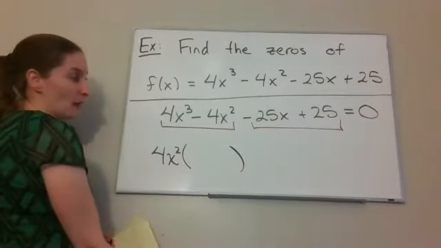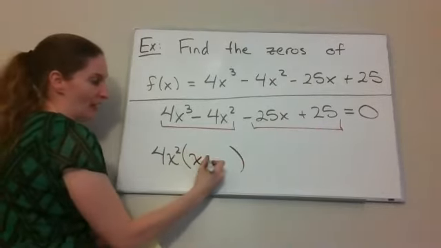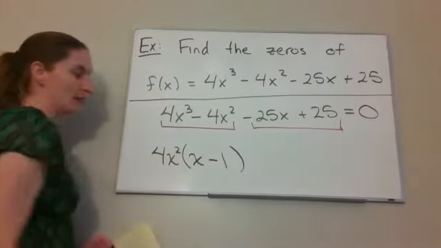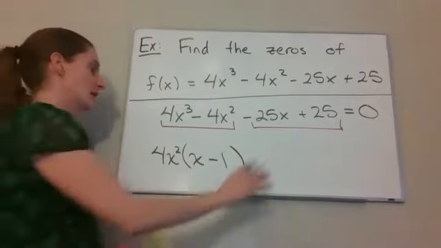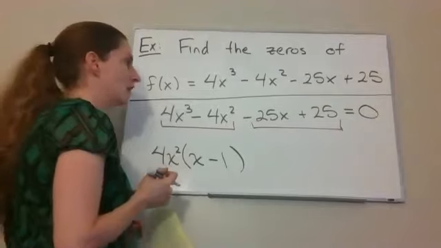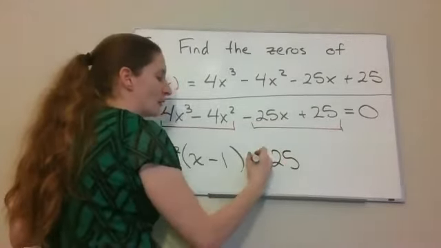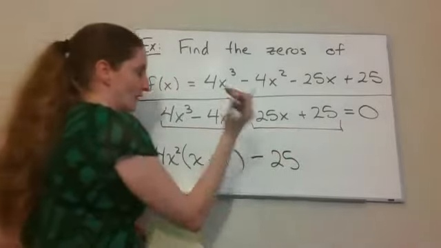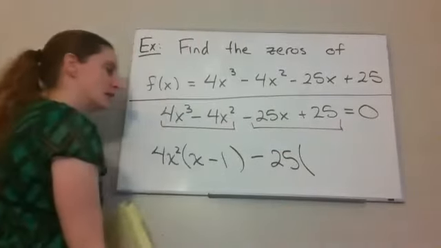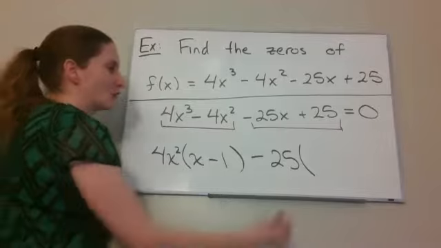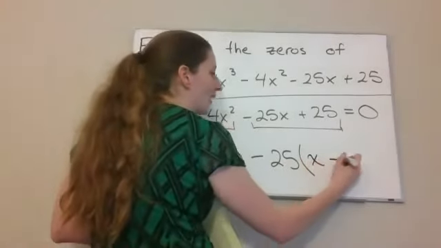So if I factor out 4x squared, I have an x and a minus 1 left behind. Now I look at the next two. What do they have in common? Just the 25. I'm going to pull out the negative 25 just because I have the negative in front there. And when I pull out negative 25, I get x minus 1